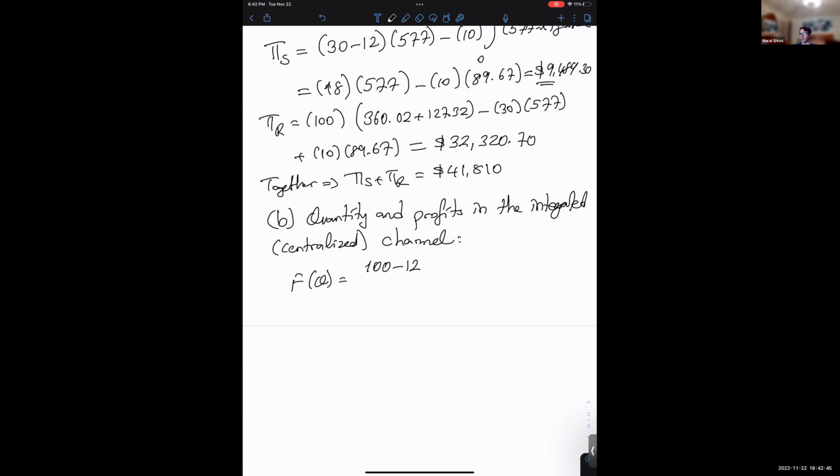Essentially our cost is $12. Remember, we own both companies, so the cost of the item to us is 12, and we're selling in the market for 100. And of course, there is no buyback here. There's nobody to buy it back from, so it's not going to be P minus B, or B is 0 in this case, divided by 100. So we are going to have 88 divided by 100, .88 fractile, which corresponds to a Z value of